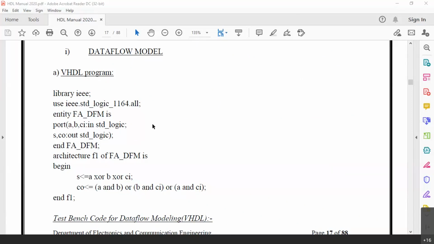This DFM stands for data flow model, FA is full adder. Ports A, B and Ci are input ports, S and Co are output ports, that is the end of the entity. Then the architecture F1 of FA_DFM. We have purposely kept this name F1 because we will have multiple architectures today. We are going to see the full adder with other types of descriptions also.